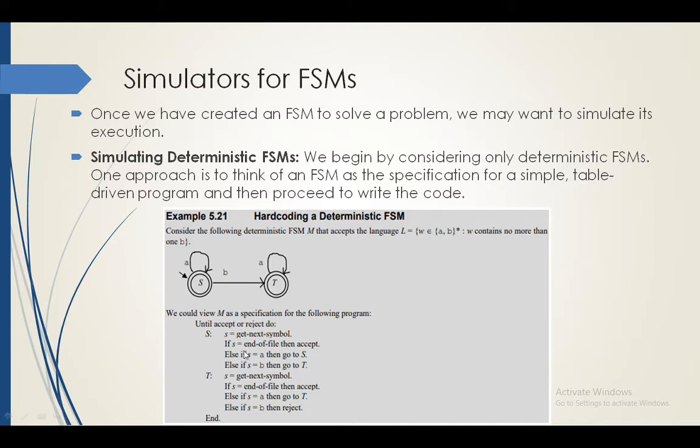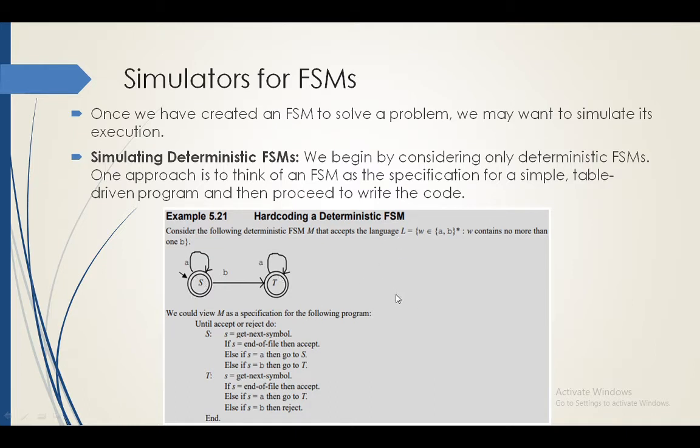The code written in front of S is: first, when I reach the state S, I am going to read the next character here. That character I am going to store as a value for this S. Next I will check what is the value of S. If it is the end of the file, then I say it is accepted, because S is a final state here, it is an accepting state. If it is the end of the file, it means epsilon is also accepted.